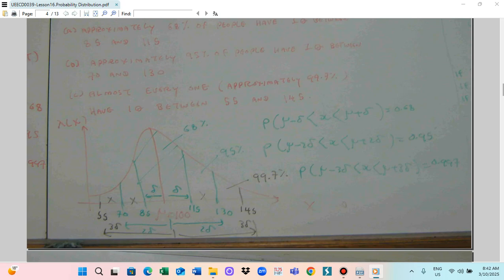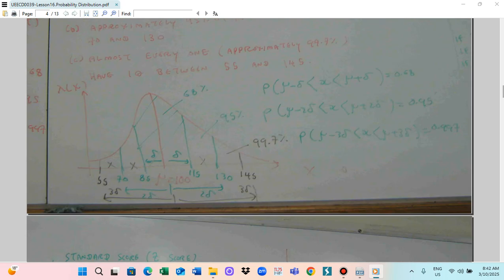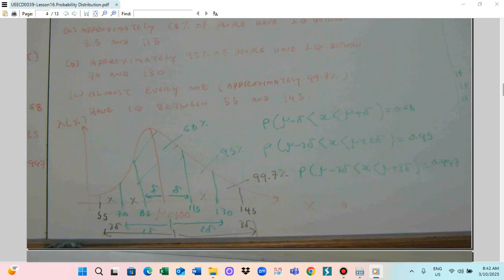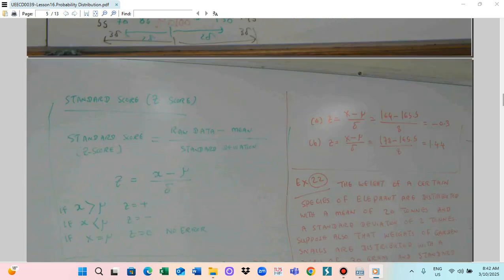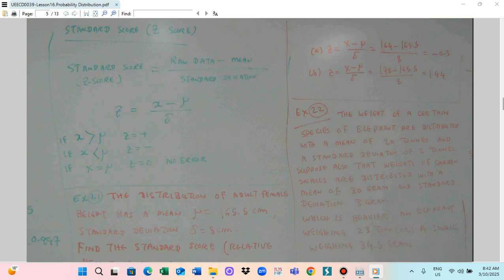Any value you can pick on this graph is what we call the raw data. Raw data means any data you can pick within the range. In this case, we can calculate the probability. So we can calculate the standard score, or the Z score. The equation is: the standard score, or the Z score,